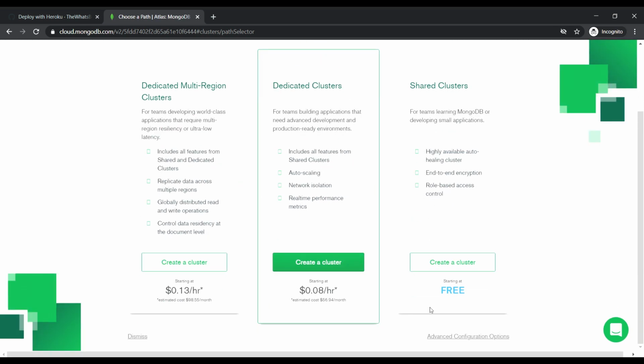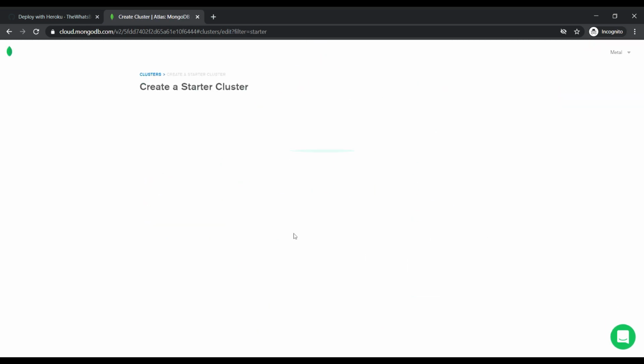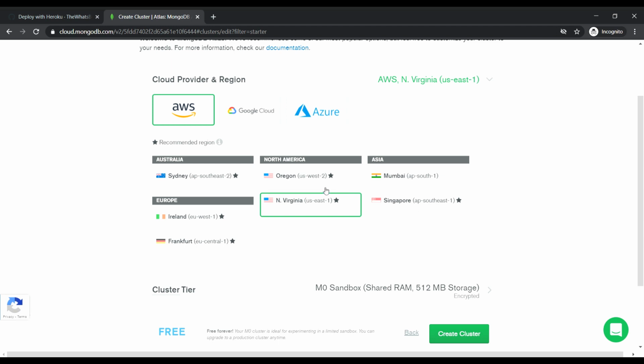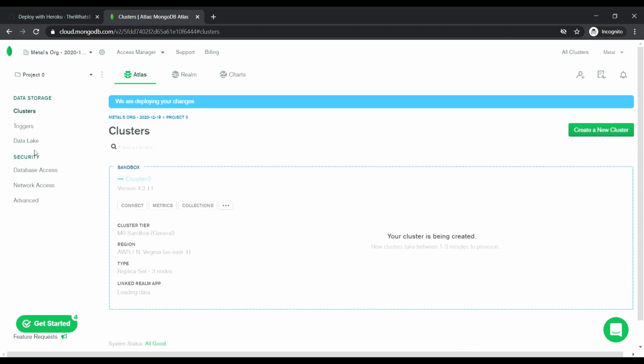Here on that free shared cluster, tap create a cluster and select AWS and select any North America server, because the Heroku server is also located there, so it will speed up your database intensive work. Okay, so now on this page the cluster is creating.